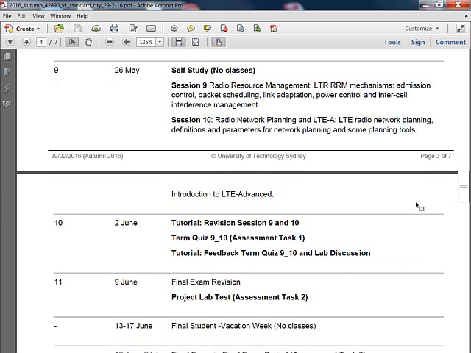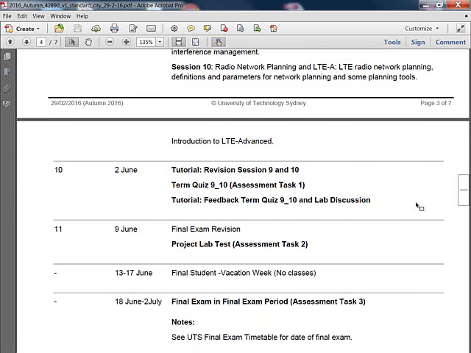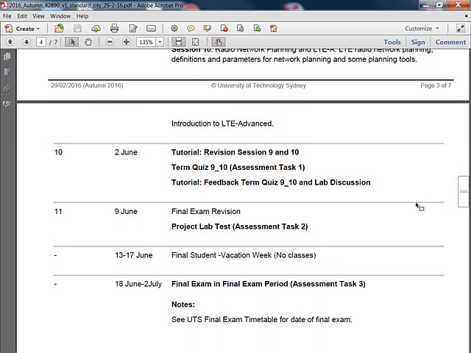And on the subsequent week, which is the 2nd of June, in week 10, you will have a tutorial in the first hour to revise session 9 and 10, followed by the 5th and last quiz, quiz 9 and 10, based on session 9 and session 10, followed by a tutorial. And along with the tutorial, there will be a lab discussion, because by this time, by the 2nd of June,